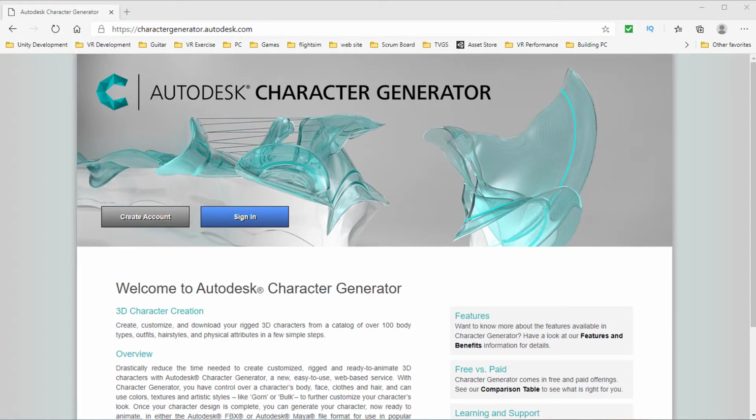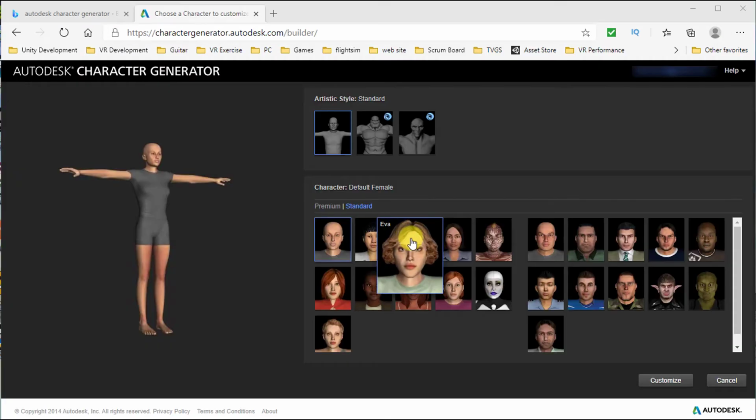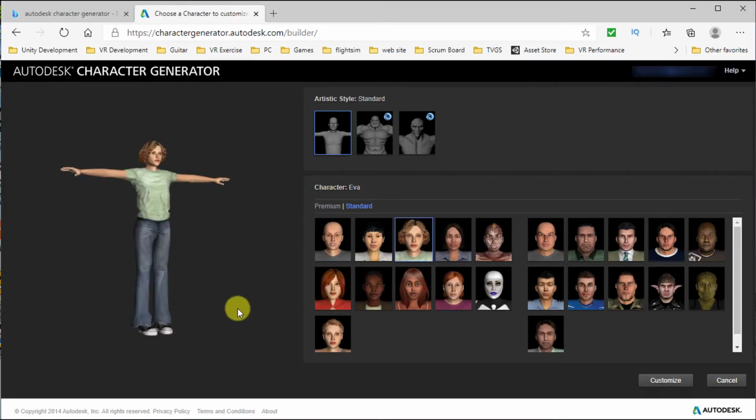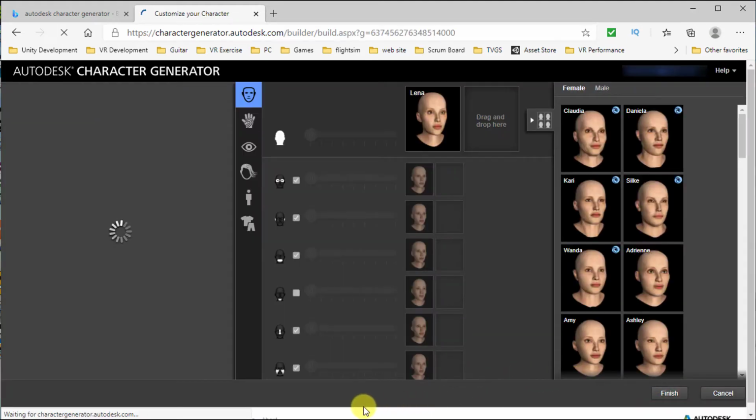And finally, we will look at one more option, the Autodesk Character Generator tool. This is online, not in the Unity Asset Store. You can create human characters for free, or with a paid subscription, you get more options and can generate higher quality characters. There are a variety of starting templates, and then you can customize the face,